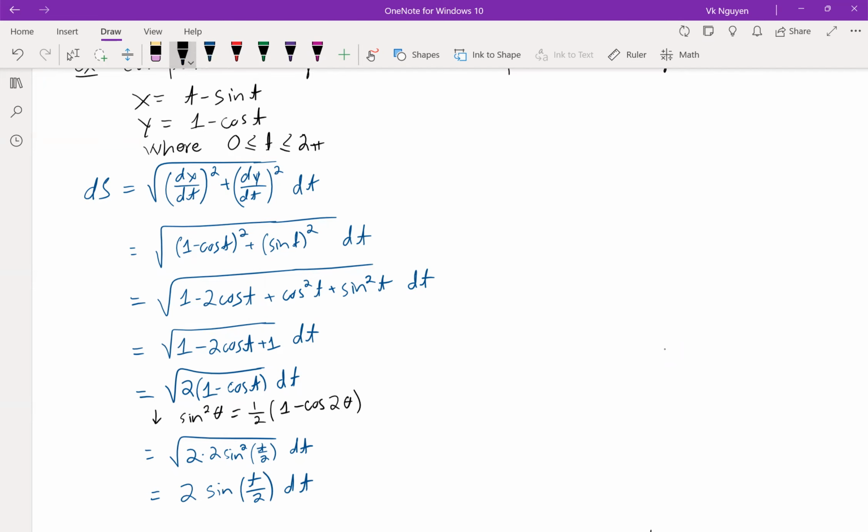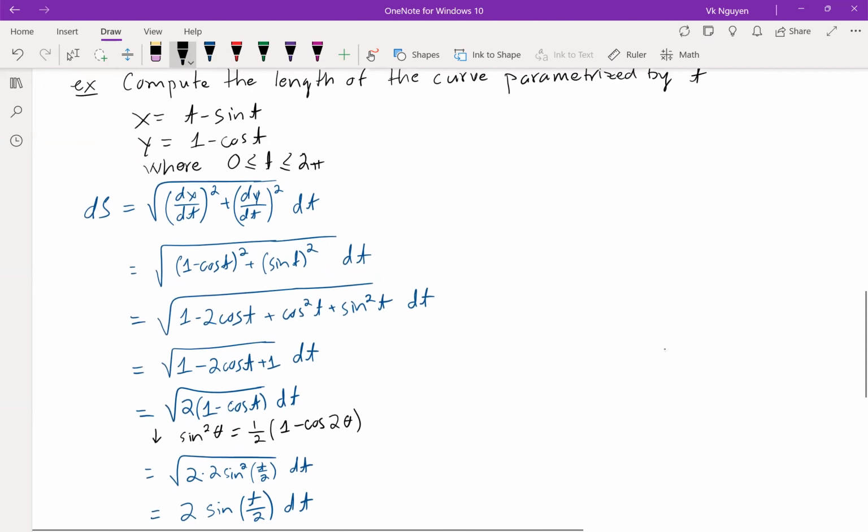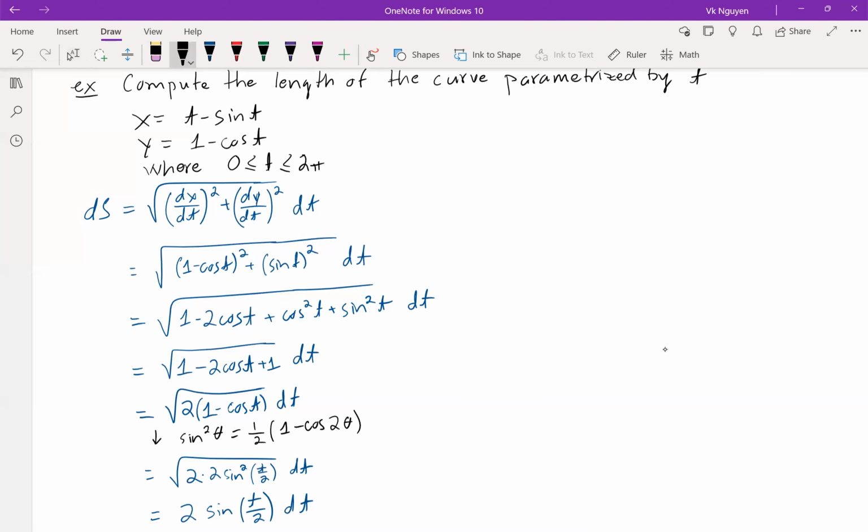Okay. Once we have the ds, then we can compute the length of the curve L, integral over the curve C, ds, from 0 to 2 pi, 2 sine of t over 2 dt. And there's just a quick u-substitution. So this would give us the